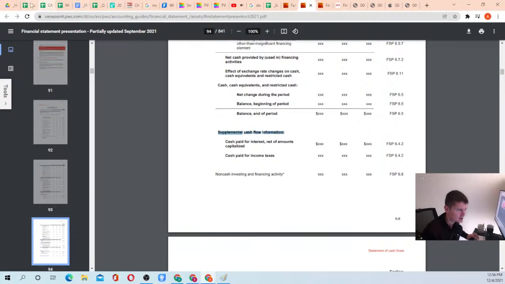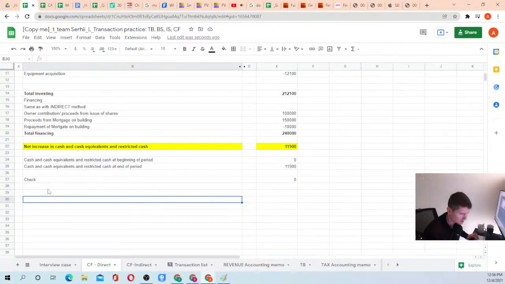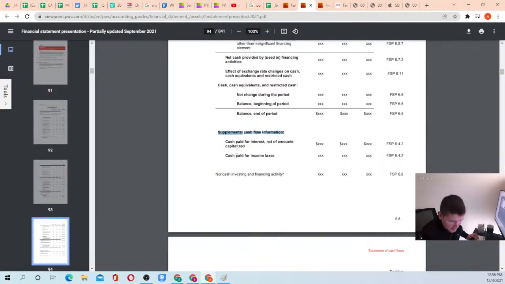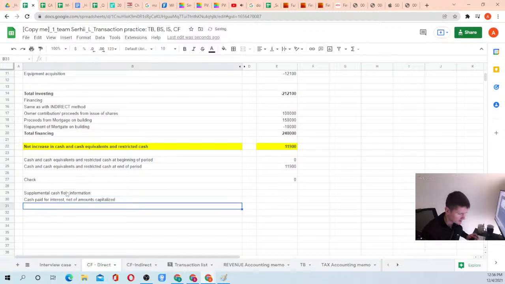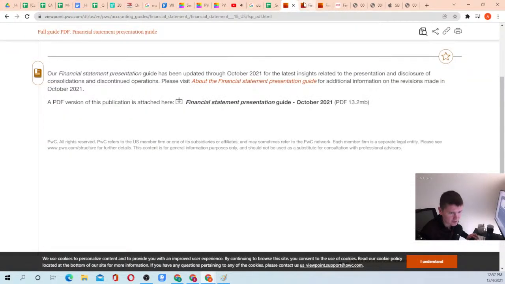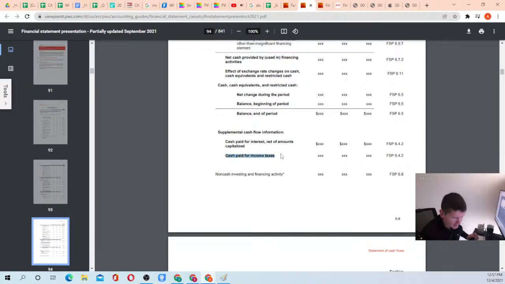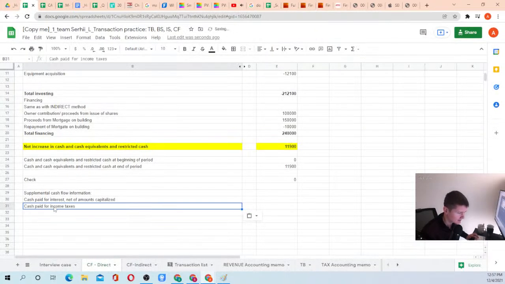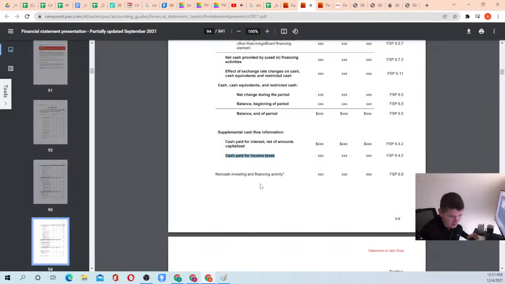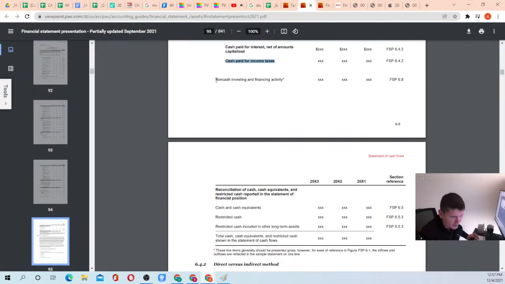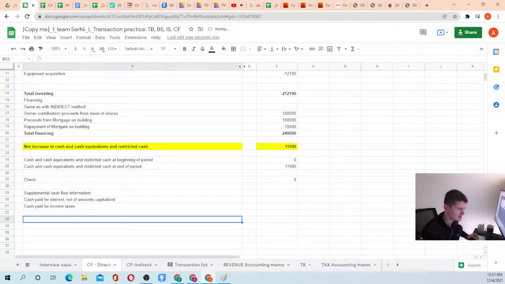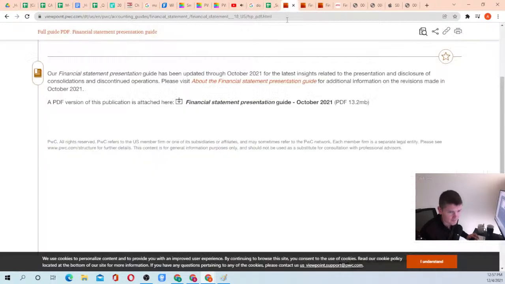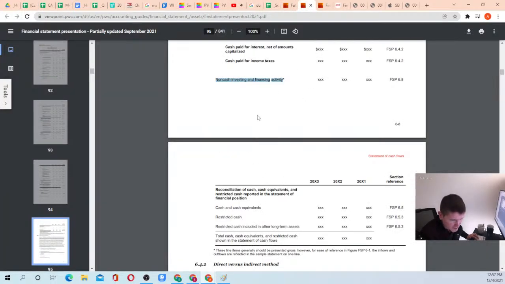We got an item which we have to include into supplemental cash flow information, and it's cash paid for interest net of amounts capitalized. We do not have such. Cash paid for income taxes, we do not have such. And then we have non-cash investing and financing activity. And the one we got is